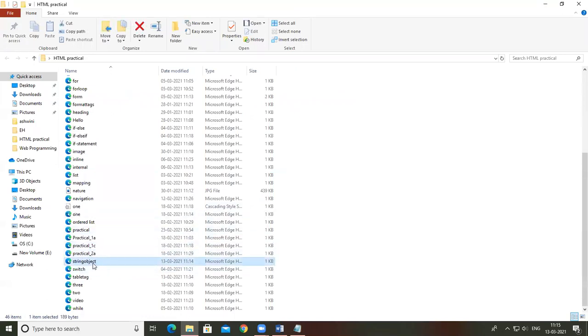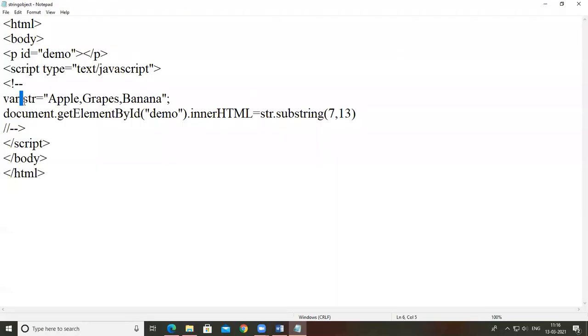See this string object. Give it a space here, that is var str. The variable is not declared properly, so that's why the error is here. Just add this space, that is var str. So let's see what the output is.